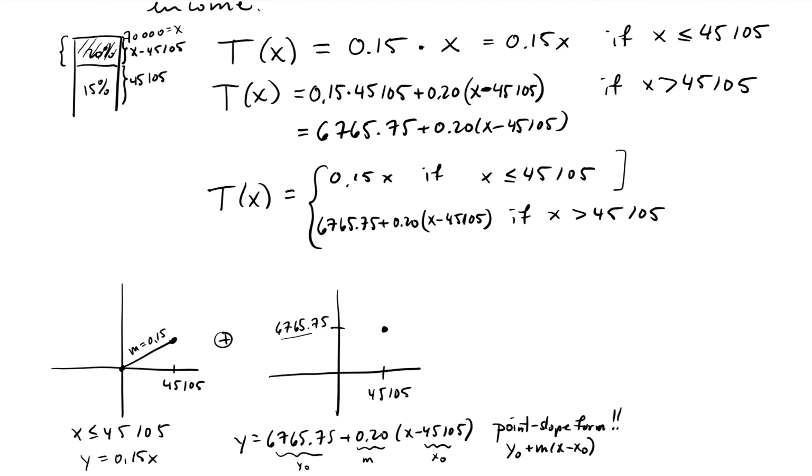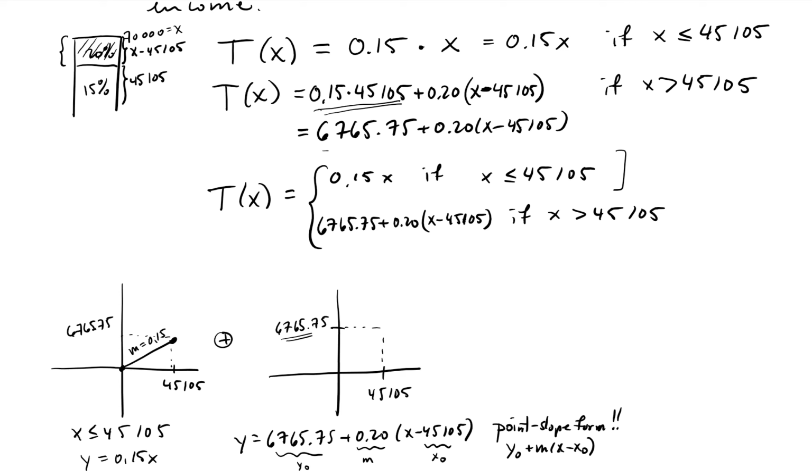And notice this thing here was obtained by doing, we did it here, 0.15 of 45,105. So by the way, 0.15 of 45,105 is what you would get if you replace x by 45,105 into the first function. So in fact, our first function also goes through that point. Like that. Okay, so they go through the same point, and actually this is an empty dot because we have